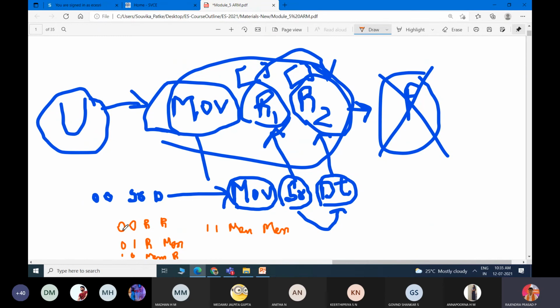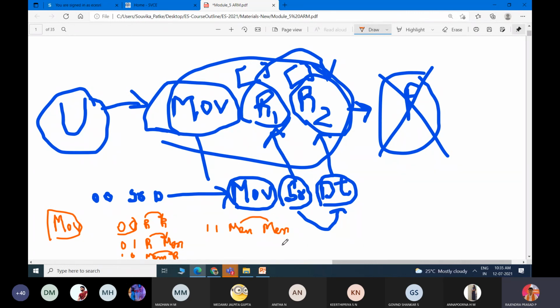Right, so you can understand 0 0, 0 1, 1 0, 1 1. These are all codes which I will assign to move. So move is common. Okay, moving from register to register, moving from register to memory, moving from memory to register, moving from memory to memory.